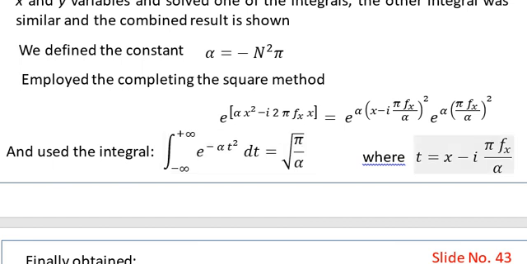where t is equal to x minus iota pi fx over alpha. So you see that this is a well-known integral, and we know the value of t over here also. Then we substitute the value of the parameters; there is no need to substitute the value of t, just put the value of alpha in this equation, because the solution of that integral is pi over alpha, square root of this quantity. So you put the value of alpha, which is equal to minus n square pi,